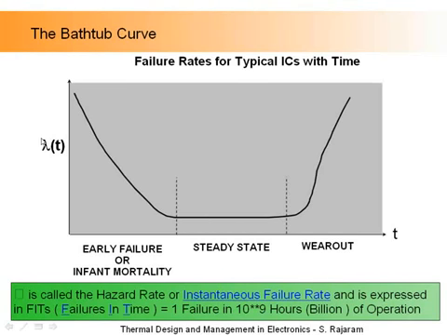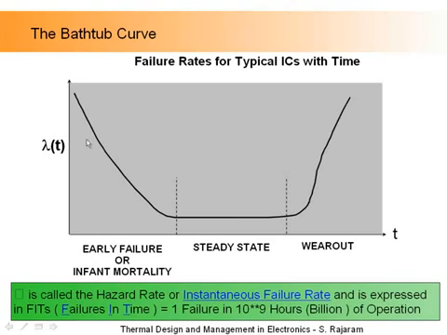So typically what will happen is you will find that very early on there will be a relatively high failure rate. This is failure per unit time. That means if I started with 100 and over a period of 10 hours, let's say 2 fail, then the failure rate is 2 over 100 units per hour. And then I look at the remaining 98, and then over a period of the next 10 hours, maybe 1 failed. It's 1 over 98. So that's what this number is. It's the failure rate per unit time.